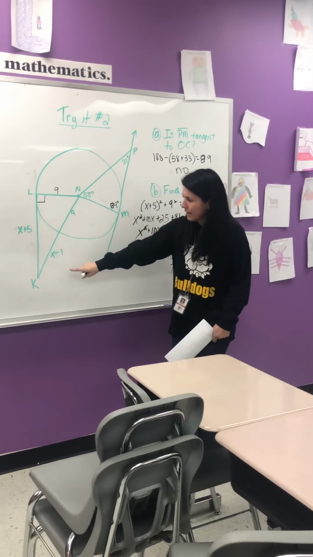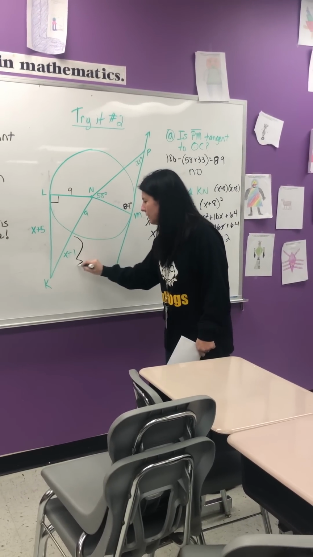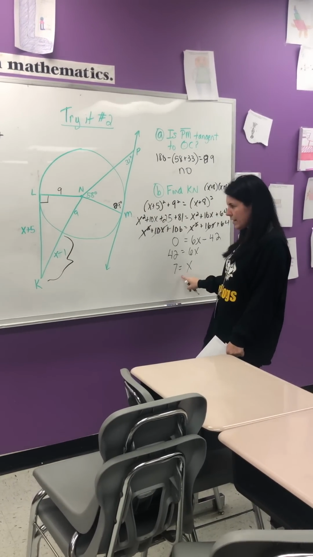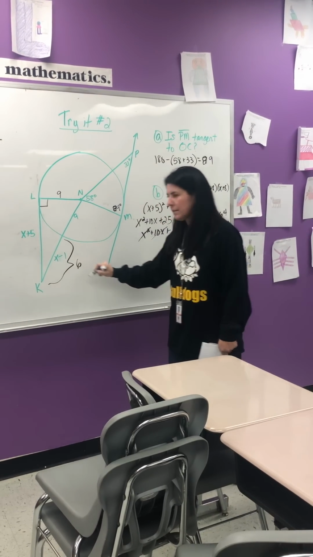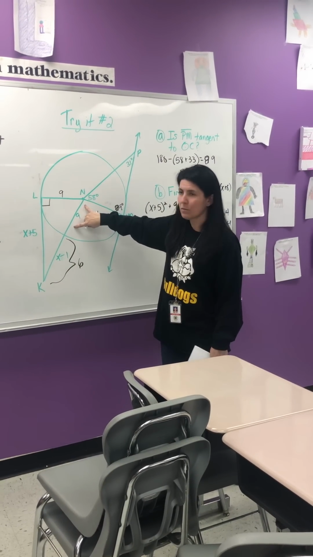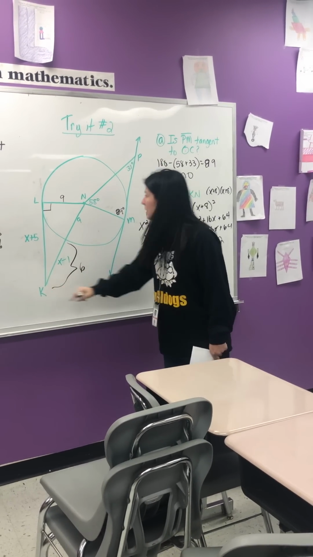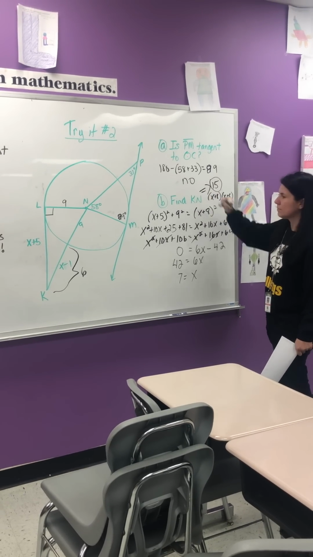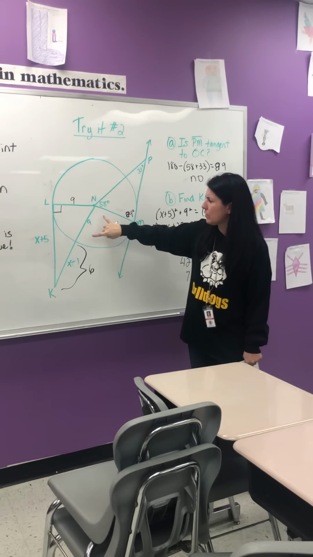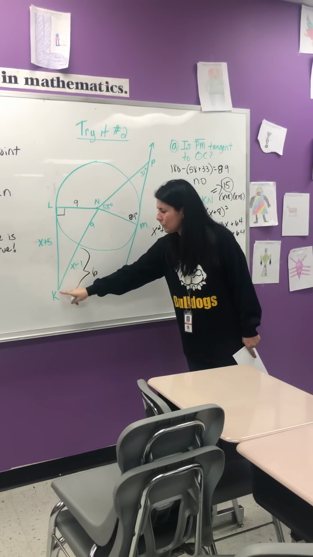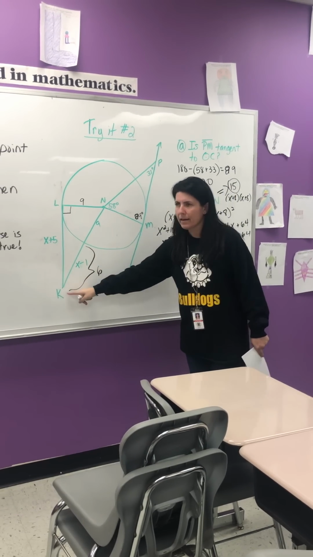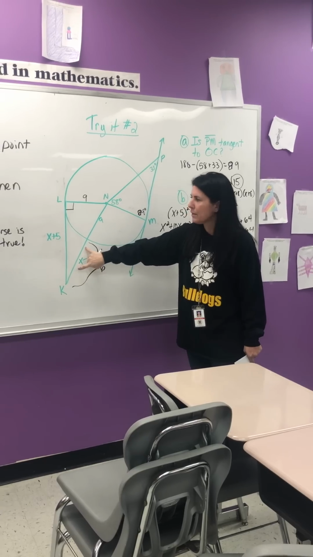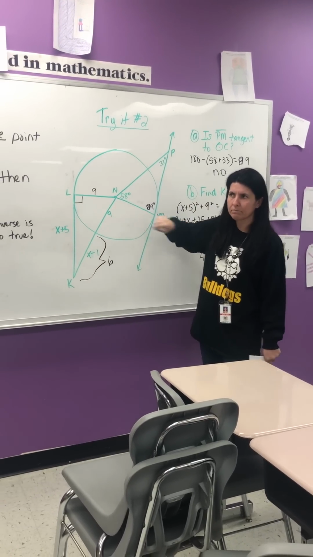When I plug that back in, this length right here, if x is 7, then this length is 6. This length is already 9, so this entire length of KN is 15. Biggest thing you have to be careful about is those radiuses. Be careful that you don't see that this entire length is not x minus 1, it's just this length here, and you have to add that radius. Continuing on,